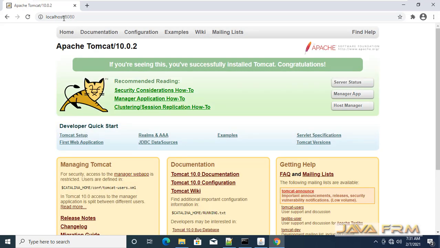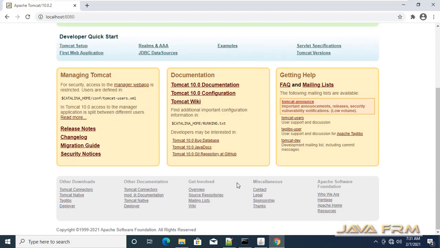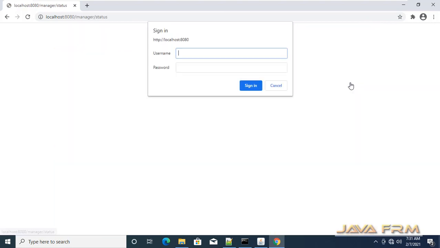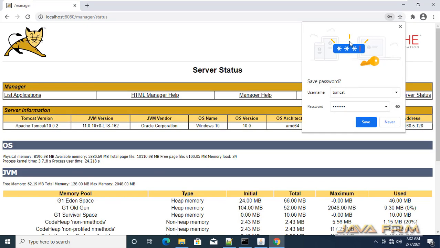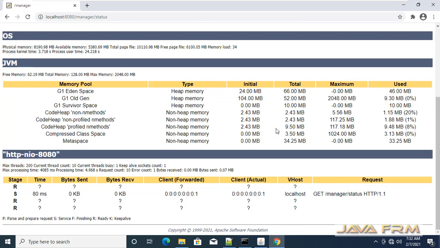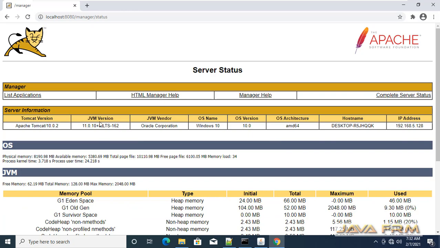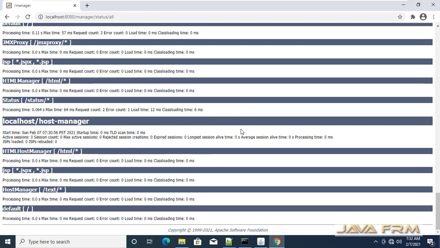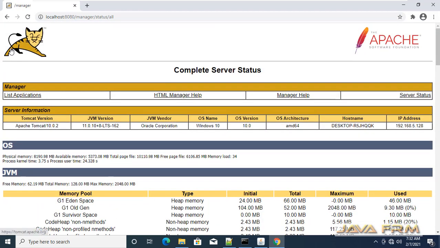Now let me check the server status. Provide the username and password which is available in tomcat-users.xml. Yes, now you are able to see the server status. So everything is fine now.